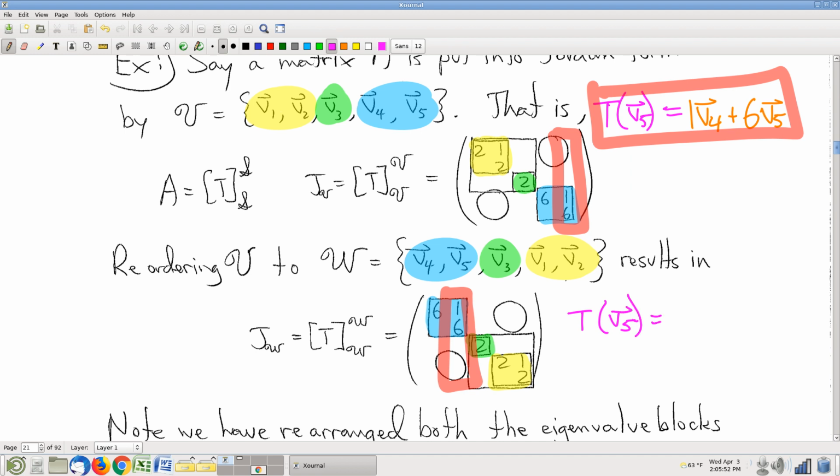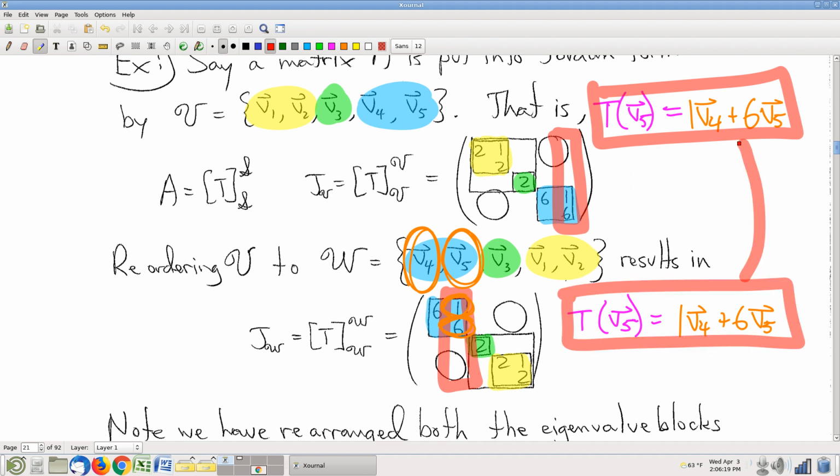What is it telling me about T of V5? Well, it's telling me that the coordinates are 1 and 6 in the first and second vectors in that list, and therefore 1 times the first vector plus 6 times the second vector. And notice that's the exact same equation